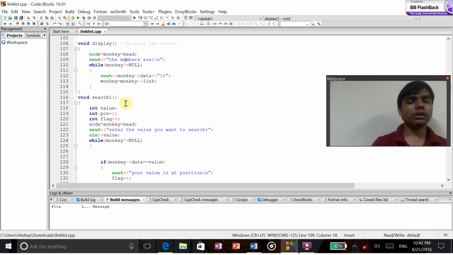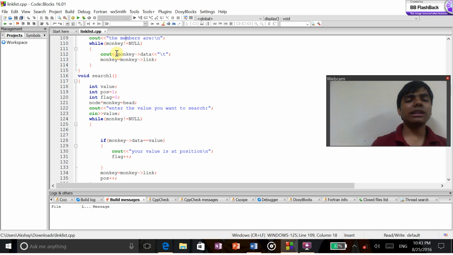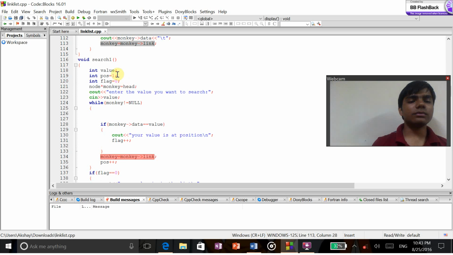So for displaying, we are putting this like the members are, and then a while loop, monkey not equal to null. That means in the while loop, as long as the monkey is not equal to null, or the link of the monkey has something to show, till that time the monkey will jump on each data and show it in the output, and then the monkey will go to the next data. And for searching